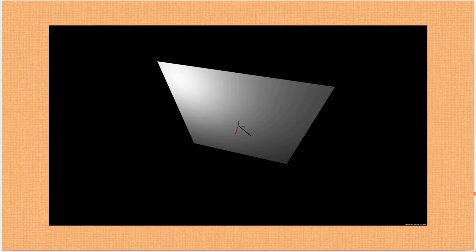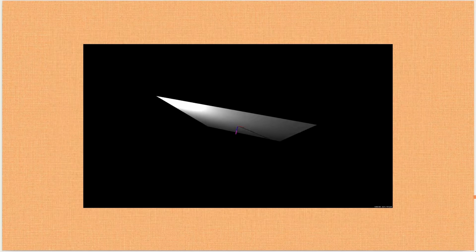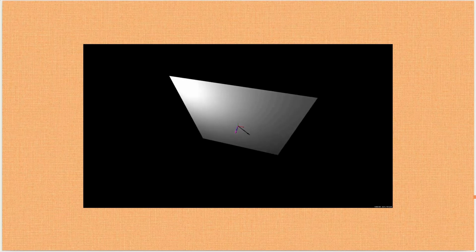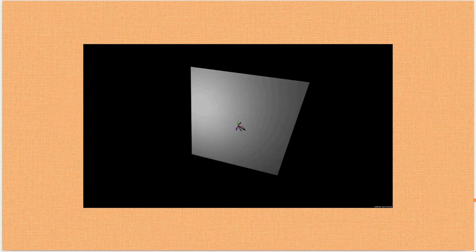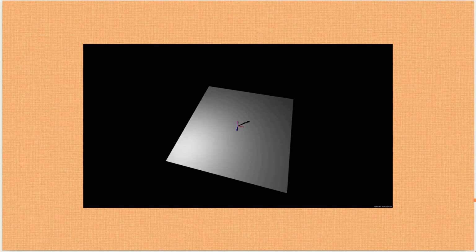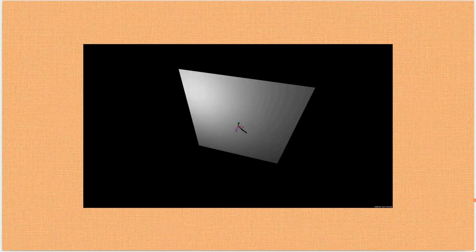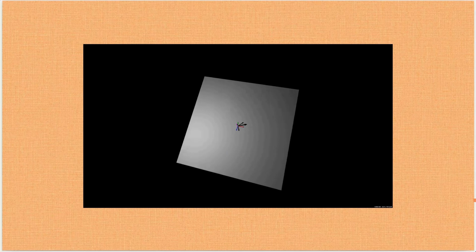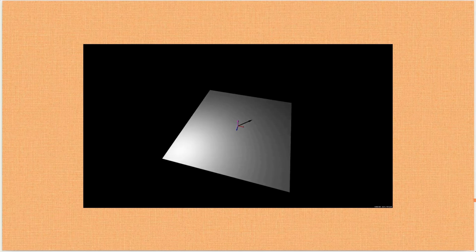We have a default rectangle with axis vectors at the origin. The arrow in magenta indicates the surface normal to the rectangle, which points along the positive z-axis. Let's rotate it in the positive direction by 90 degrees. Notice that as it is rotating, the normal is pointing away, implying the light is falling on the back side. So we are unable to see the front side of the rectangle. Let's repeat this experiment by rotating it in the negative direction by 90 degrees. This gave what we are aiming for, which concludes rotation of the plane by negative 90 degrees about the x-axis.